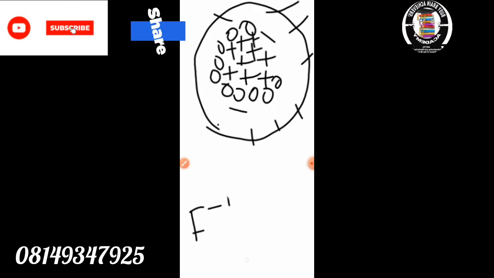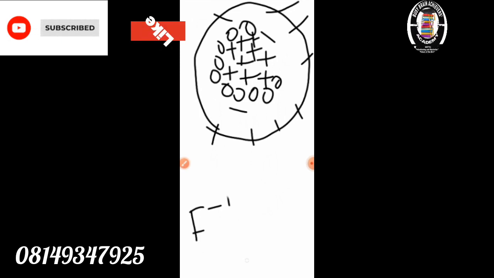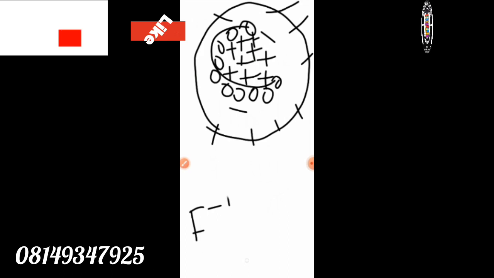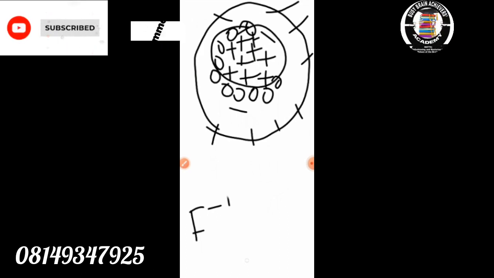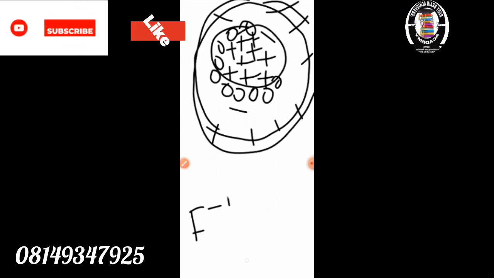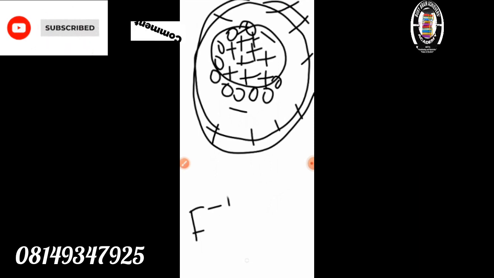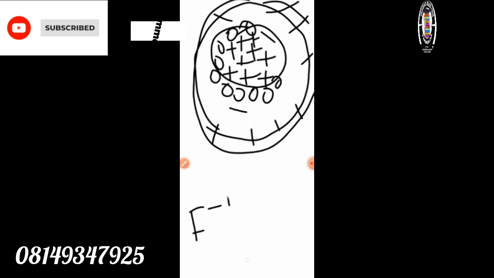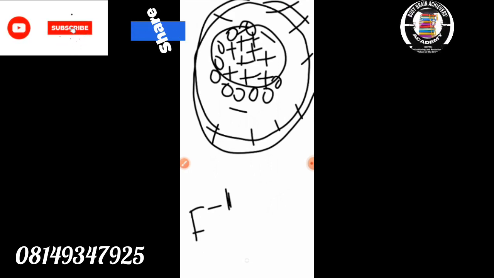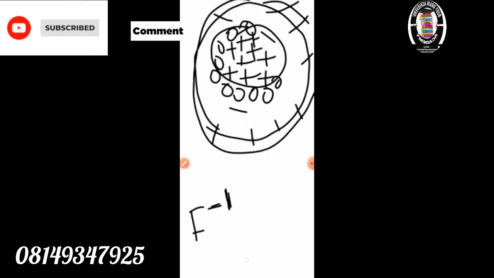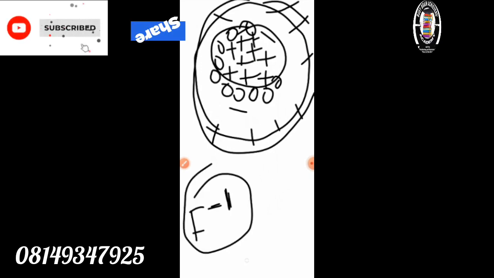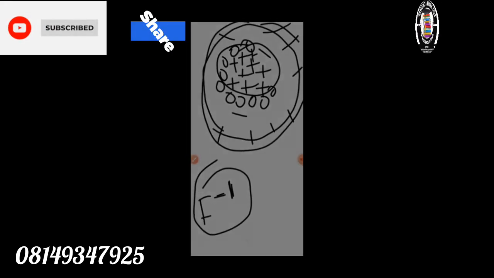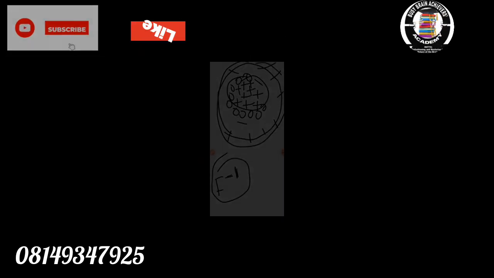But at this point, if it accepts 1 more electron, thereby making it balanced, you see that the charge is no longer the same. In this case, we have 9 protons, which is 9 positive charge, and 10 electrons, which is 10 negative charge. So plus 9 minus 10 gives it an overall charge of -1. For this fluoride ion carrying the -1 charge, the oxidation number is going to correspond to the charge, and the oxidation number of fluorine is going